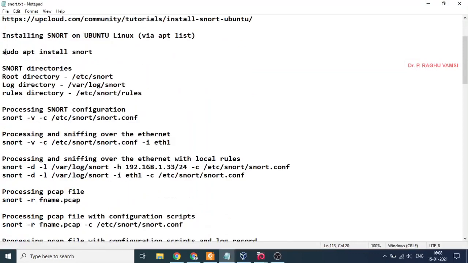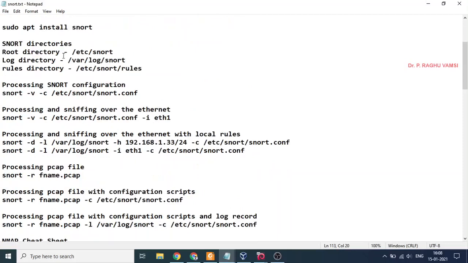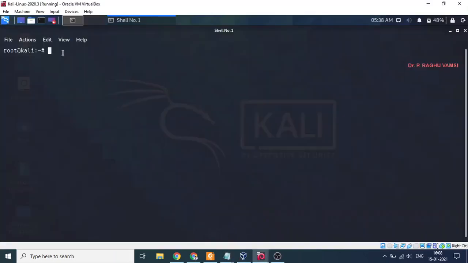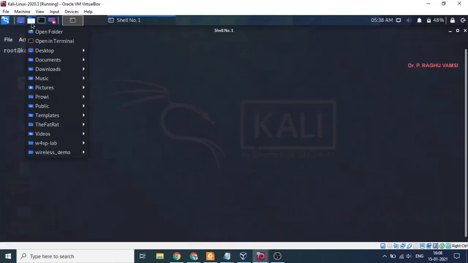Whenever you install Snort using apt install, the root directory will be /etc/snort. Log directory will be /var/log/snort. The rules directory will be /etc/snort/rules. These are the default directories for Snort.